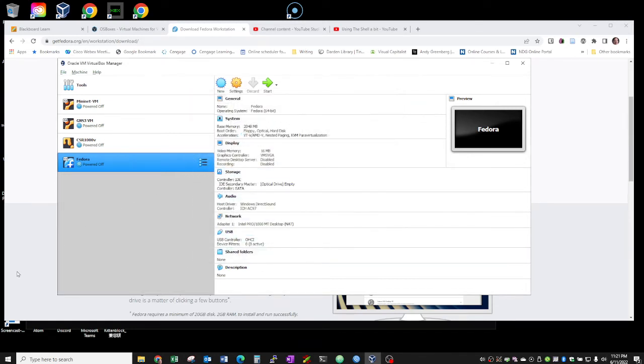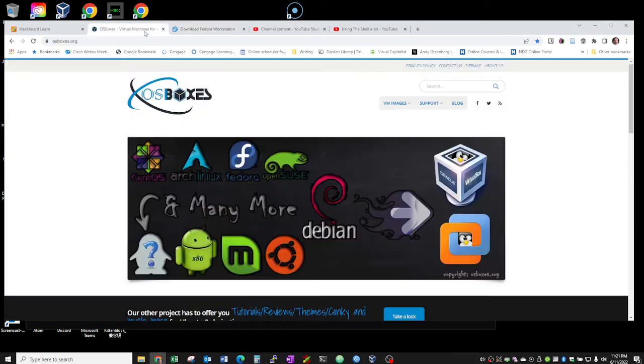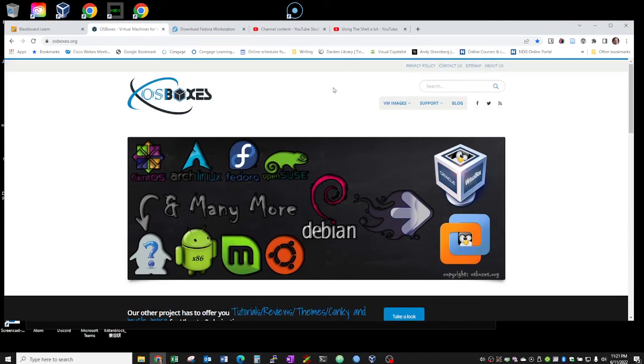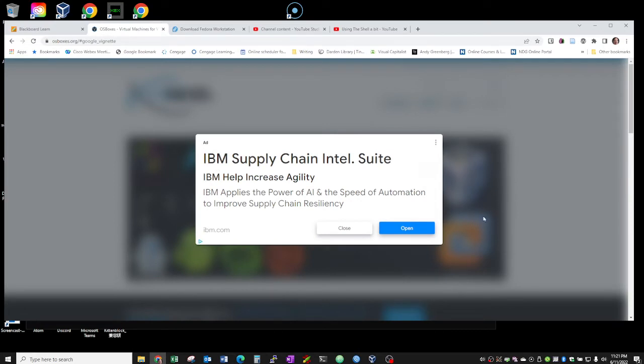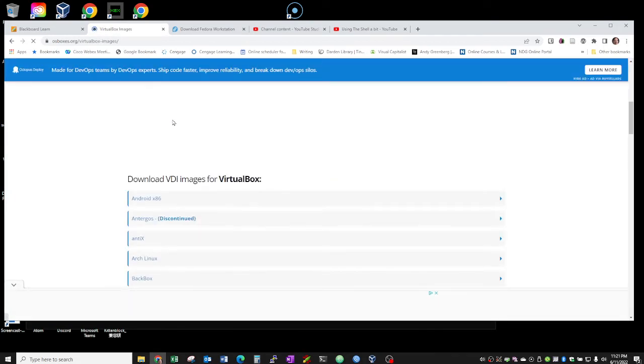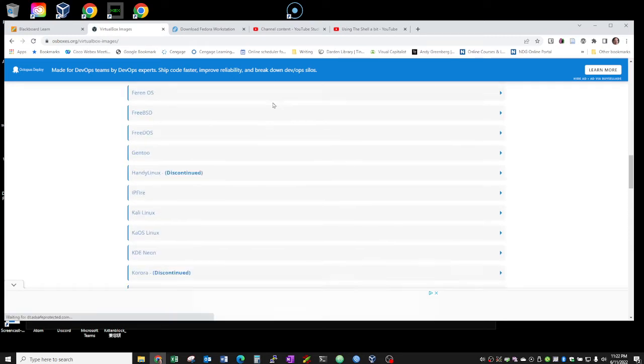Now, the other method is to go to OS boxes. All this does is shortcut the installation process for a VM. I do still end up with an operating system with a user called osboxes, right? So I'm still going to have to do a little bit of prep work before I turn that into a usable system. But I can go to the VirtualBox images,